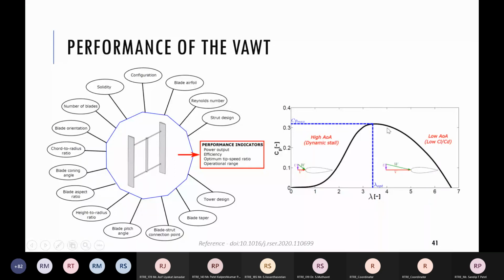So at the highest value of CP, whichever tip speed ratio we are getting is our design tip speed ratio, and the rotor must be designed for the design tip speed ratio so that it can achieve maximum efficiency, and that depends on the weight of the rotor and its dynamics. So that is another part after